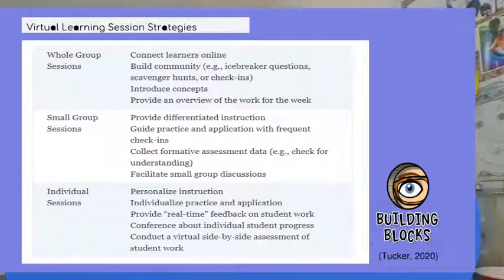I know a lot of you already do the breaking down your classes into whole group and small group sessions, even individualized one-on-ones, and you're really great at that in your classrooms. You can do the same thing online. So I have this up here because that should be part of your planning too. When you're breaking down